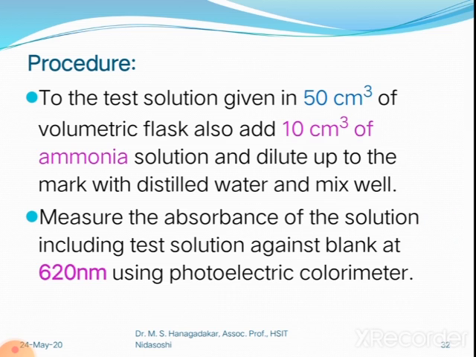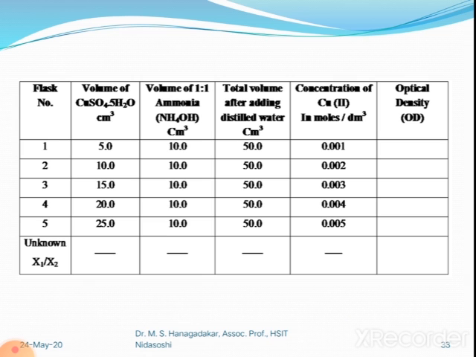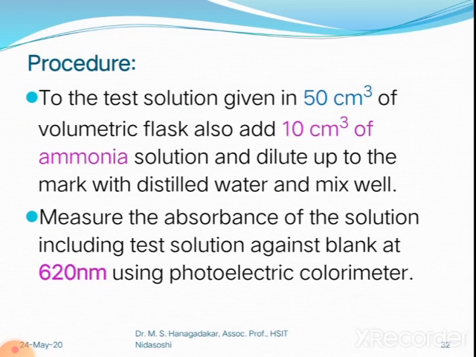Before that, calibration is done using the blank solution by selecting the 620 nanometer filter on the photoelectric colorimeter. Afterwards, the absorbances of all 5 flask solutions and the unknown solution are read out and entered into the